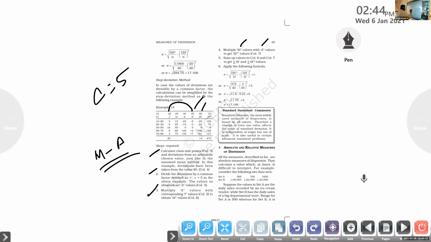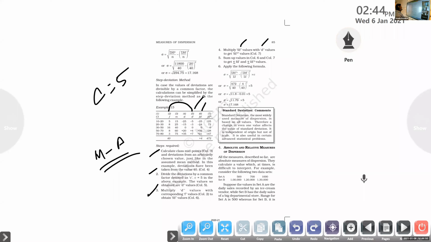So minus 5 into minus 25, we got this value, FD dash square. Clear? Next one, minus 3 into minus 24, 72. 4 into 32, 128. 7 into 21, 147. Is that clear or not? Yes or no? So all columns are filled here.